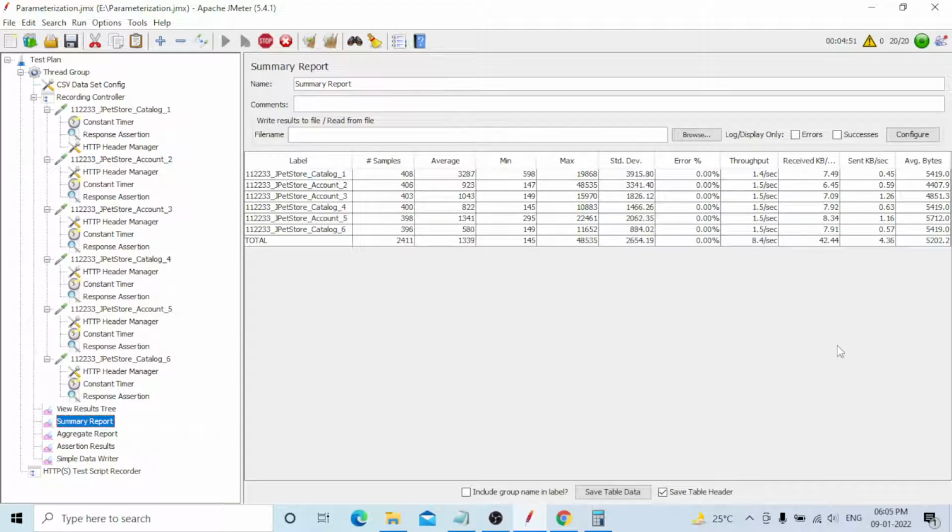Every transaction's average is calculated, and then you run the load test. If anything crosses that average response time, the higher level, you mark it in red color. It's a failure. That is one way. The second one is that the client you already know.